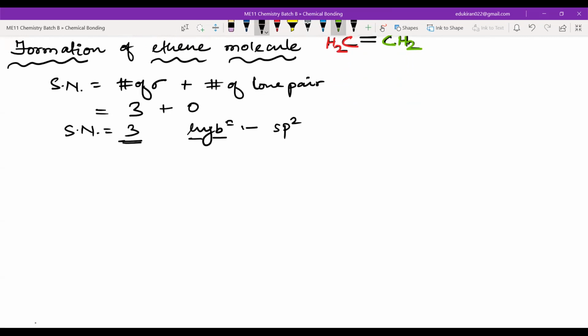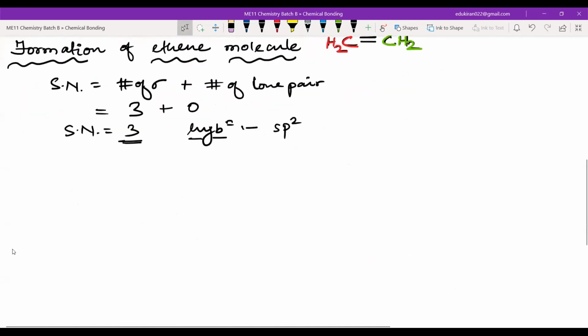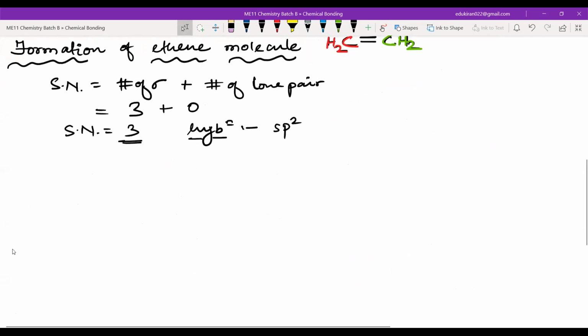Okay. So I will directly write the excited state, because we have already seen the excited state for the carbon atom. See, how many bonds is each carbon making? 4 bonds. But how many sigma bonds? 3 sigma bonds, right? So obviously, if there are 4 bonds, there should be 4 unpaired electrons in the valence shell. So we will have the excited state. Let me just write the excited state.